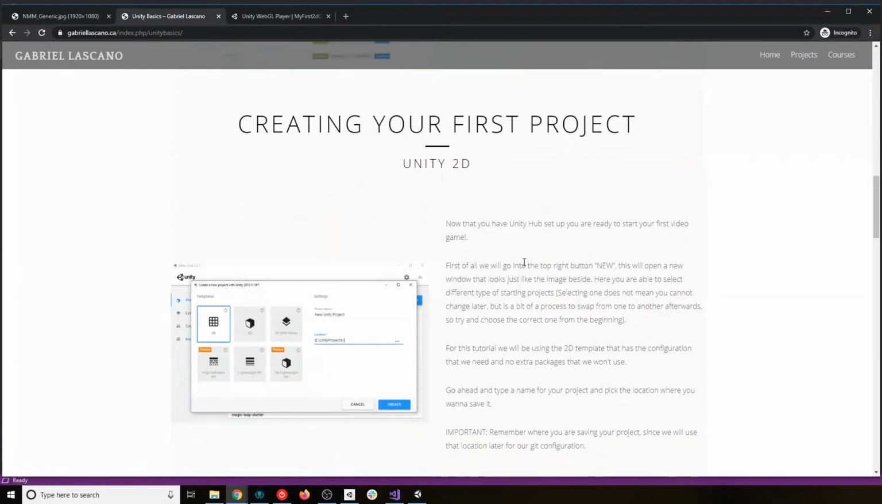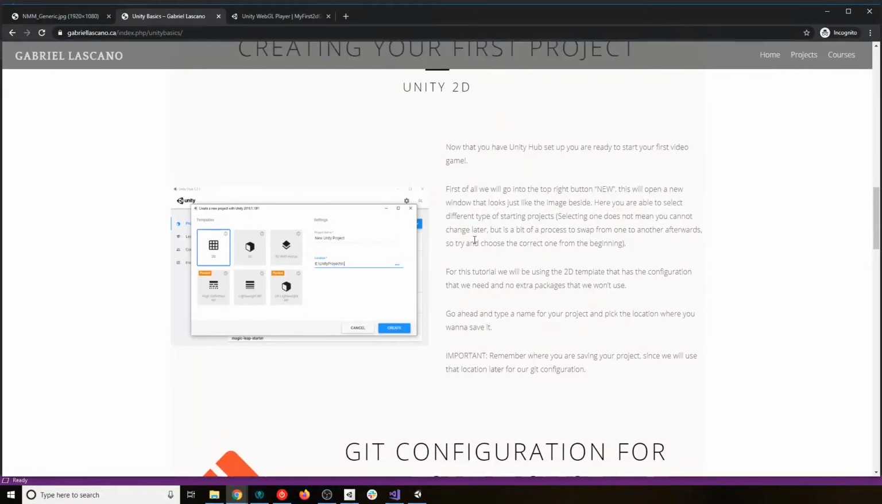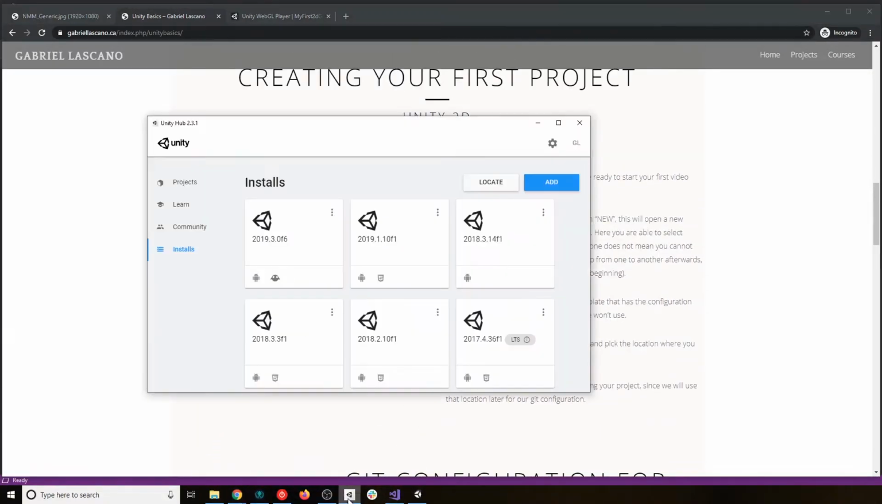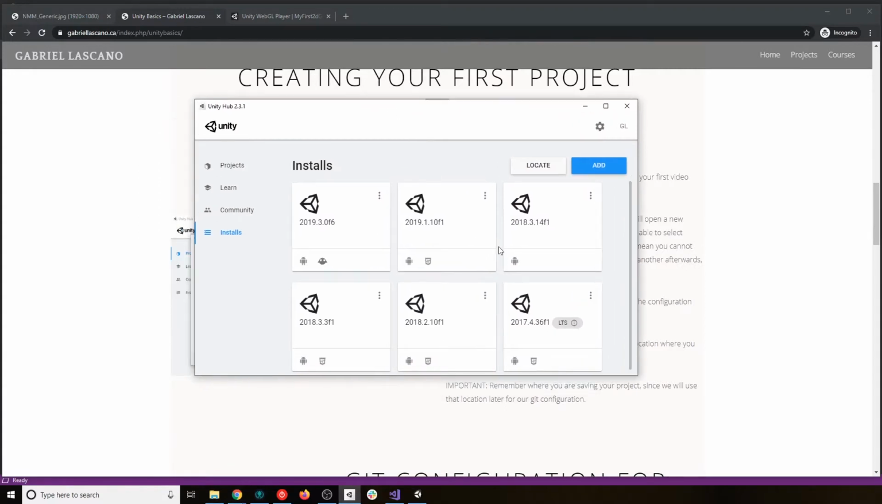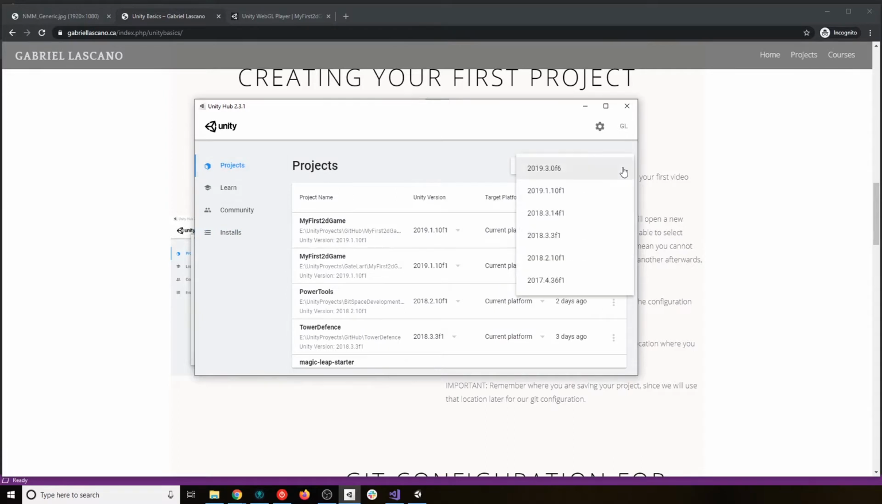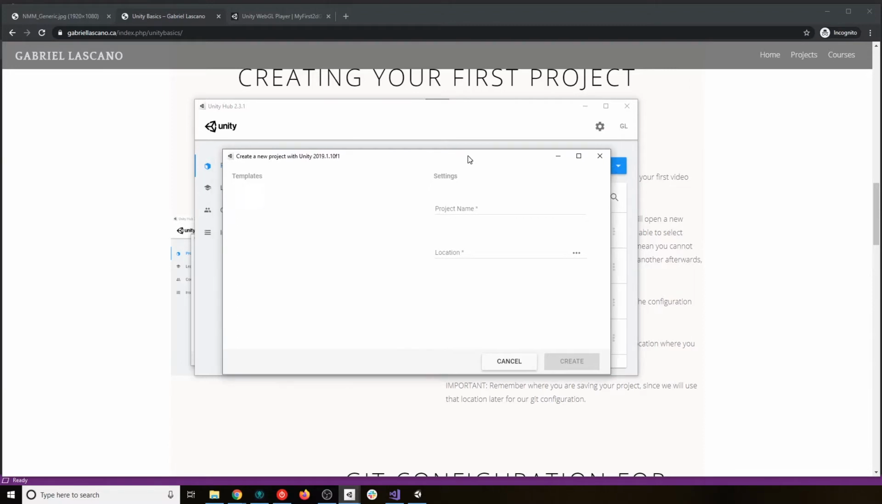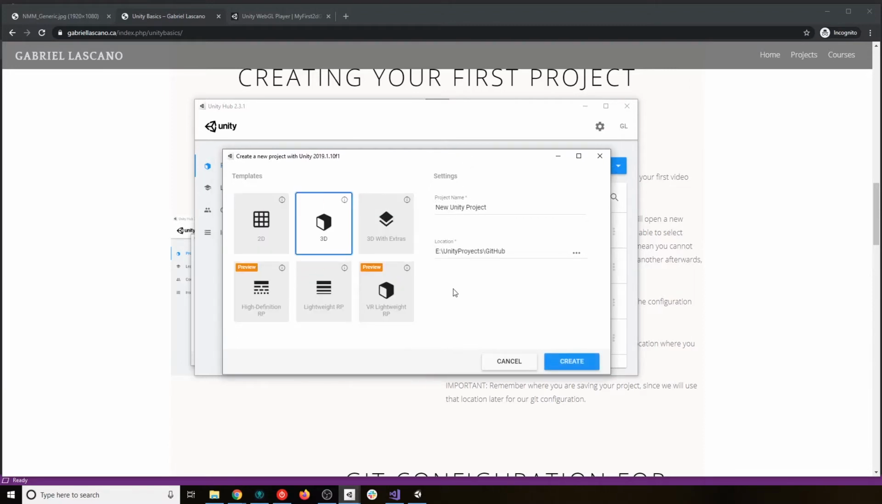Okay, so now let's go into what really looks interesting, and it's creating your first project in Unity. When we create a project, I'm going to go ahead and do so you guys can see the process. I will go to projects, click new, and say I want to use this version. This will generate this little window here, and this is something pretty cool from Unity,